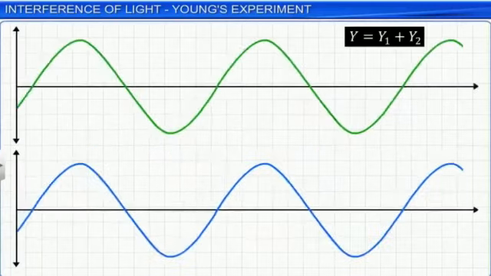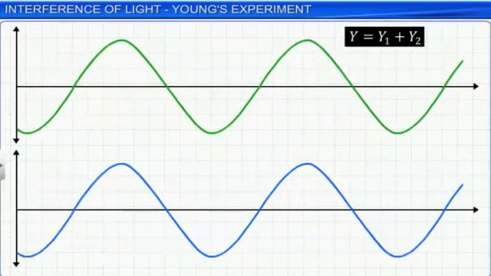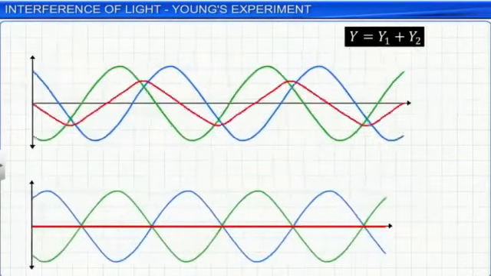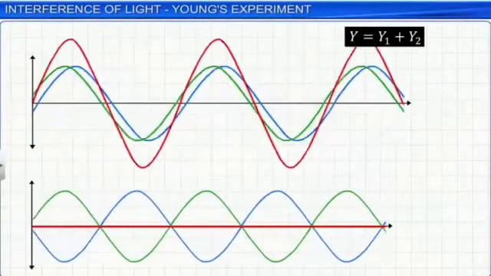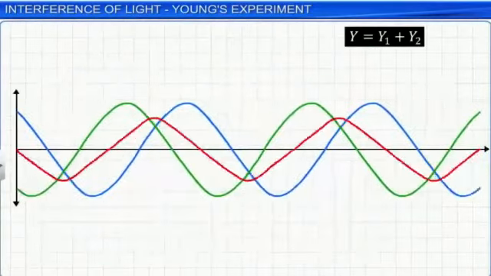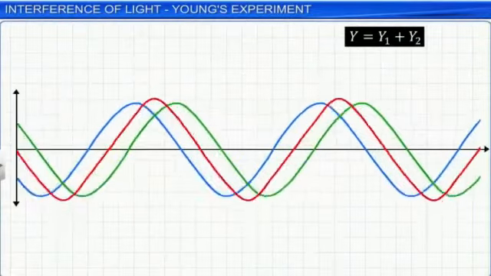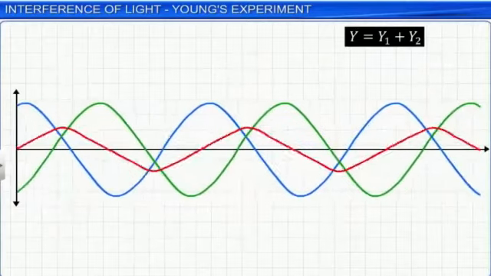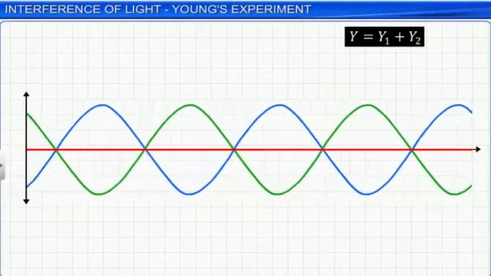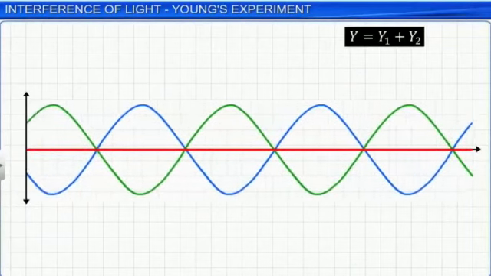For coherent sources, the waves produced by them have the same frequency and amplitude. Also, the phase difference between them is constant with respect to time. The waves from coherent sources can interfere constructively or destructively. If the two waves are added constructively, then the resultant amplitude is equal to the vector sum of the two. When they interfere destructively at any point, the individual displacements cancel each other and the resultant displacement at that point is minimum.